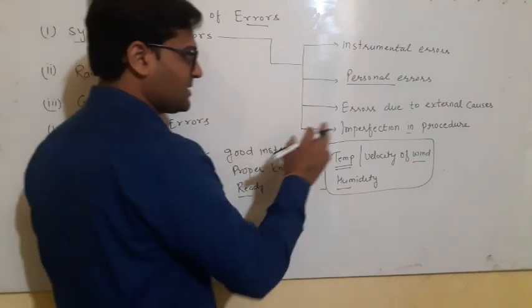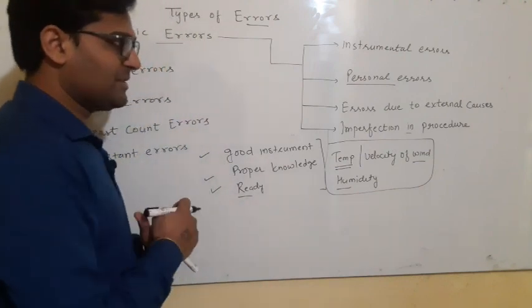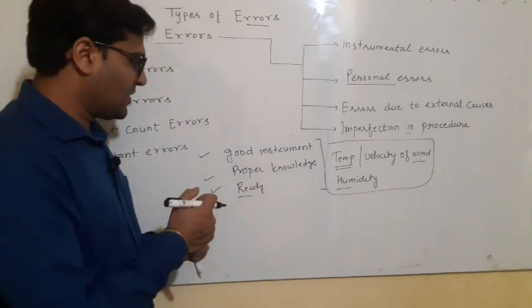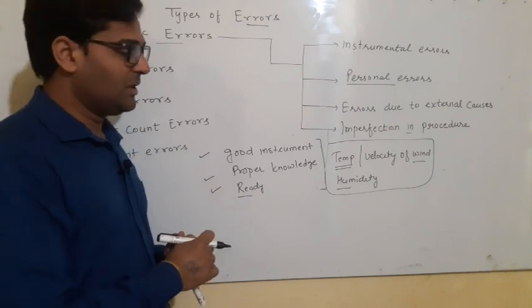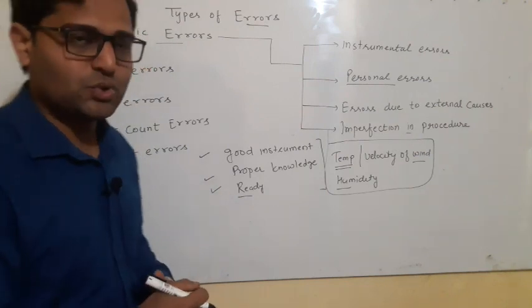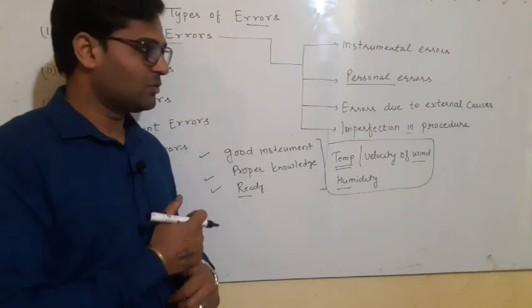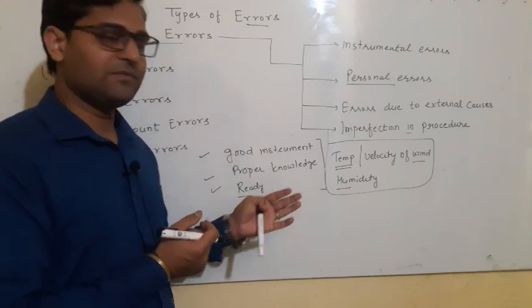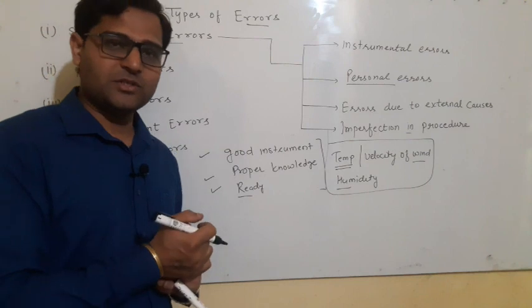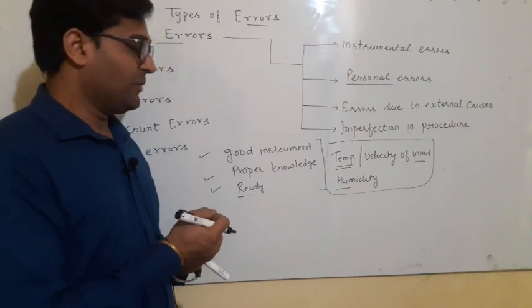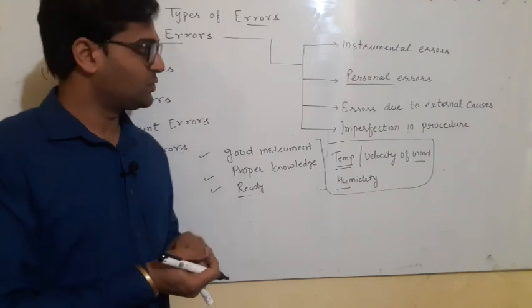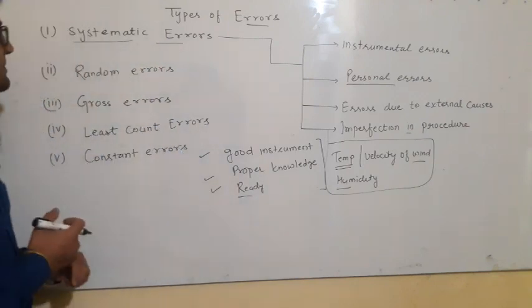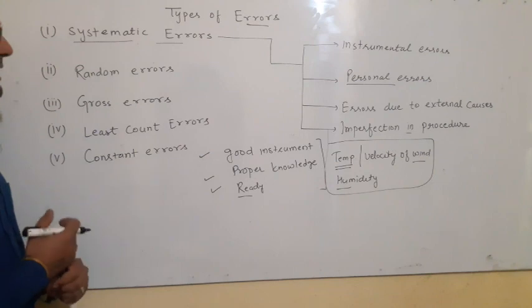Next is imperfection in procedure, or the lack of knowledge while handling the instrument. If we are not able to handle the given instrument for the measurement, then we are not sure that we will give 100% accuracy in our measurement. So these were the parts of systematic errors,